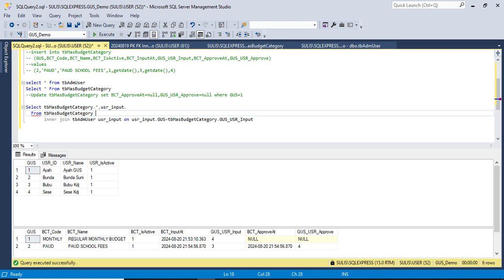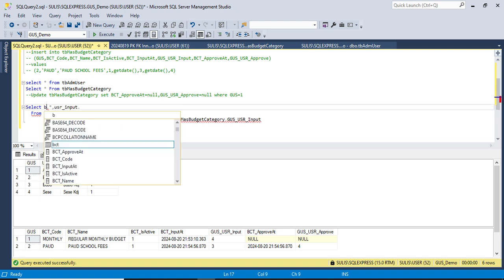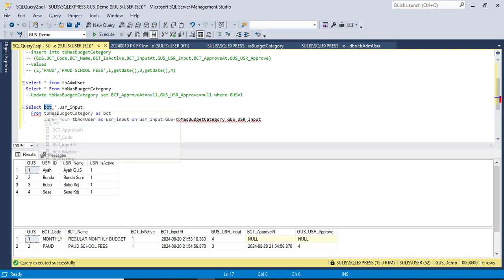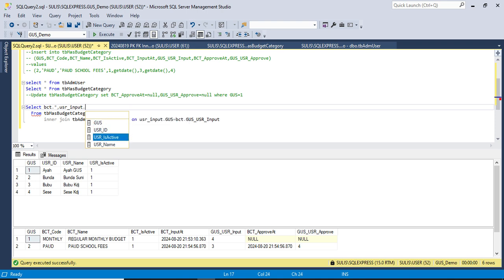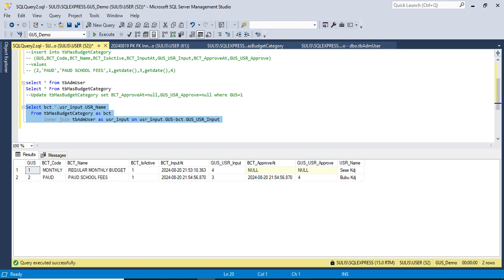So to make it more simple, we can use alias. So I will call this master budget category as BCT and ADM user as user input. User input, and I want to see the name. Now let's see the result. Taram!